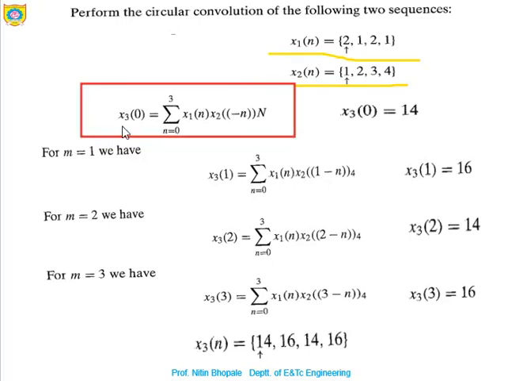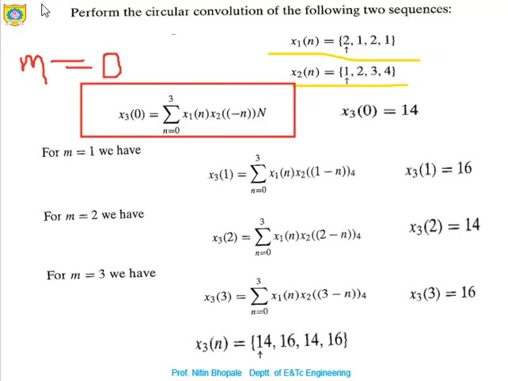m formula. Let's say this is the case when m is equal to 0. So when m is 0, this is how we need to apply the formula: m is equal to 0, x1 of n into x2 of minus n mod N. Once we apply the formula, after replacing it with the related values of n from 0 till 3, it will be verified that